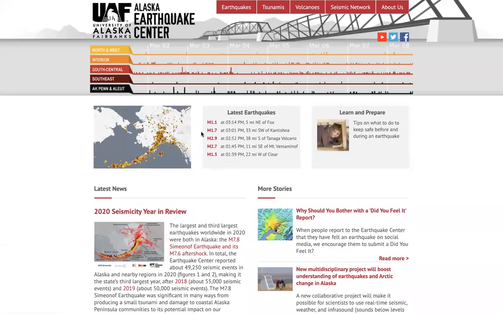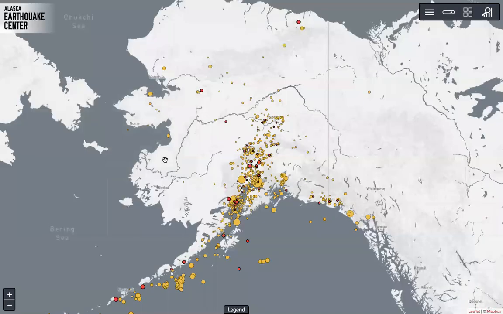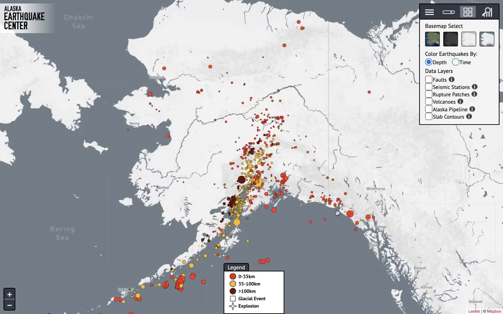I'm Carl Tape, and I'm going to show you how to explore an individual earthquake that recently happened using the Alaska Earthquake Center tool. So here's the main page, earthquake.alaska.edu, and on the main page we can click in on the map and see the earthquakes within the last 2 weeks. You can check out the legend, maybe color it by depth for now, see these different events, zoom